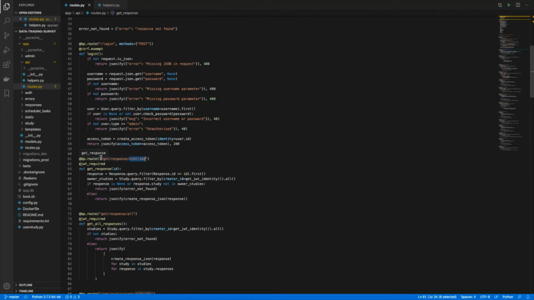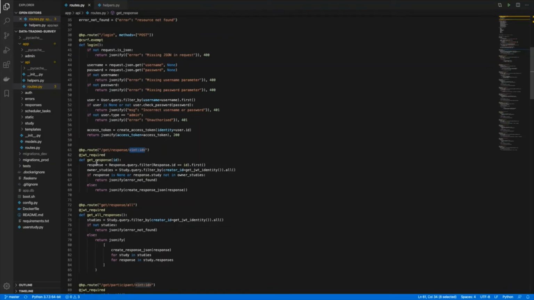Say an administrator visits /get/response and provides an integer ID number for a response to one of their studies, and also provides their access token within the authorization header of the HTTP request.